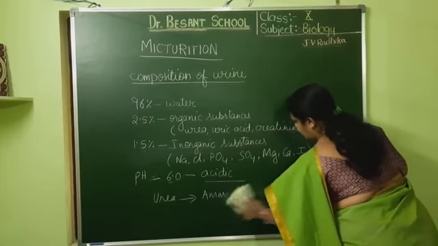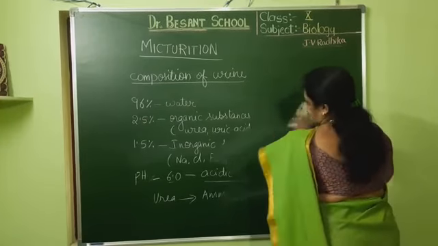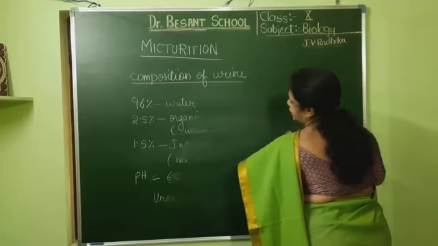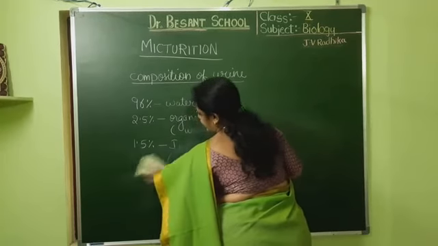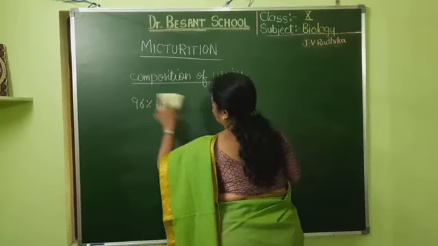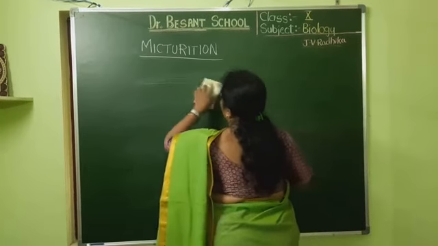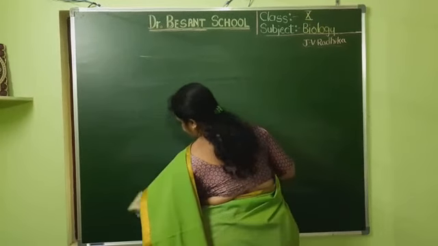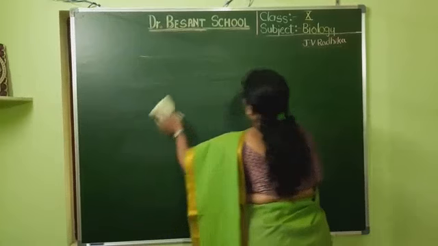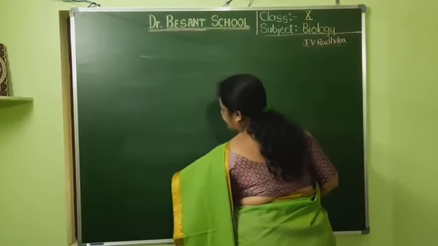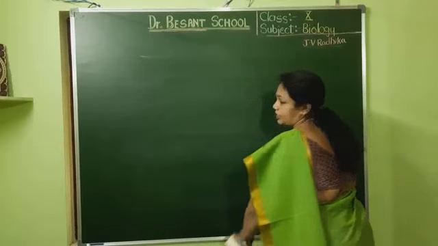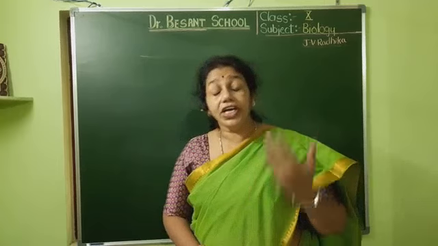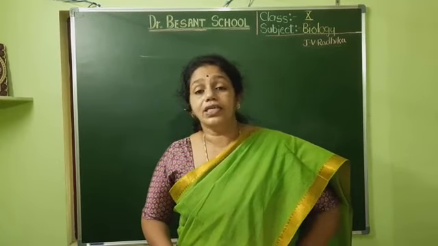Then we shall go to what happens if the excretion doesn't occur. You would have observed many people suffering from many diseases wherein the urine is not passed properly, or some of them are having stones in the kidneys, or there is some infection in the kidneys. It could also be because of high blood pressure or a very high amount of glucose in the blood, that is diabetes.